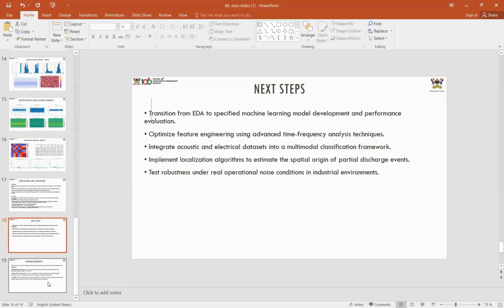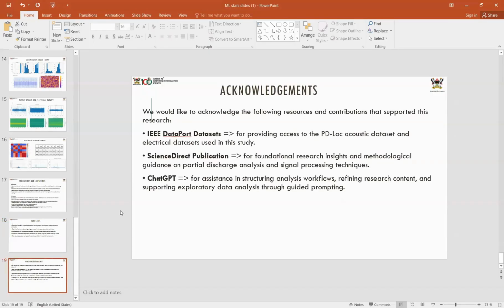Under our acknowledgements, we mainly acknowledge the IDE datasets that we used, for its instructions for the acoustics and the electrical, and then its abstractions, which led us to the ScienceDirect publications, a paper that gave us insights and methodological guidance on partial discharge analysis and signal processing techniques. And finally,